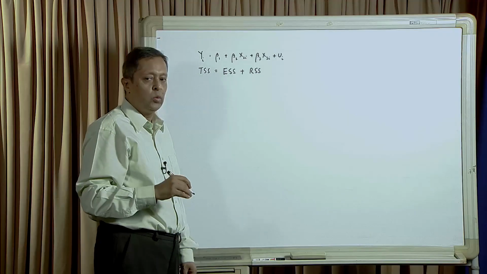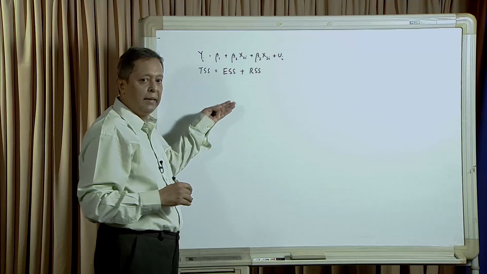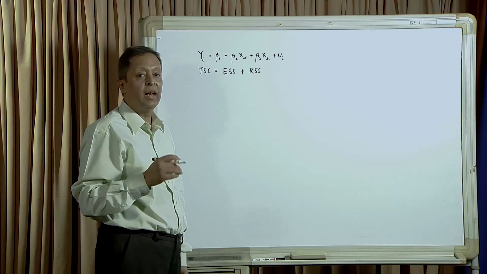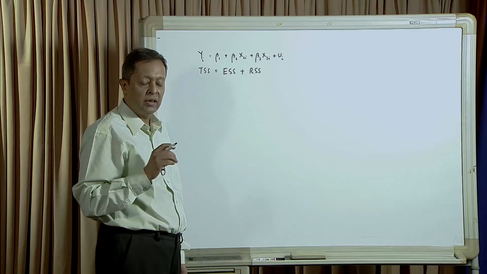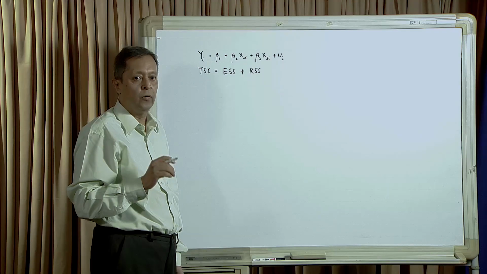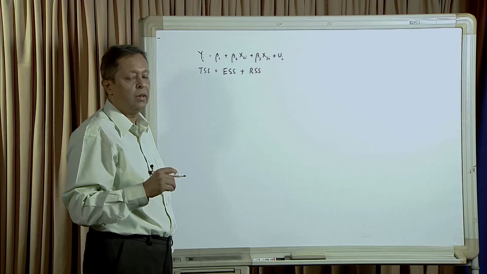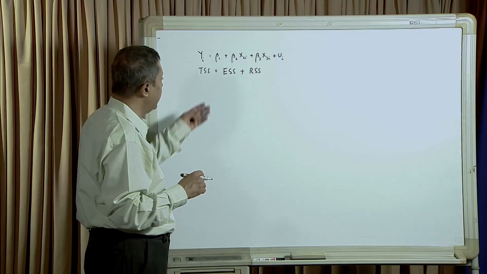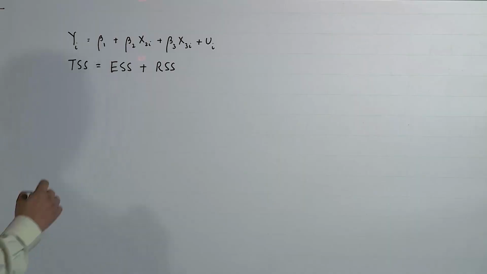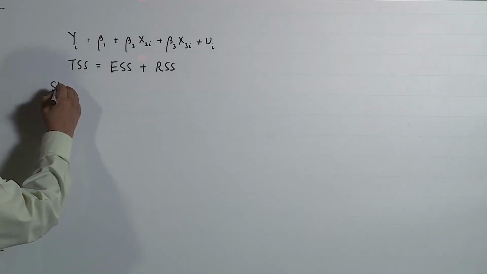What we will do to begin with is carry out this exercise in a stepwise manner, which will bring out the relation between simple, partial and multiple correlation coefficients. So, we look now at the stepwise build up of this decomposition of the total sum of squares. So, in step 1,